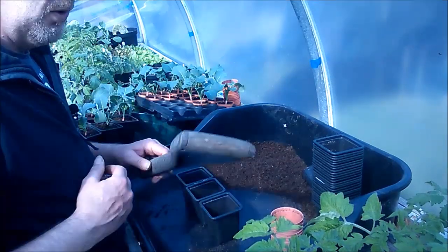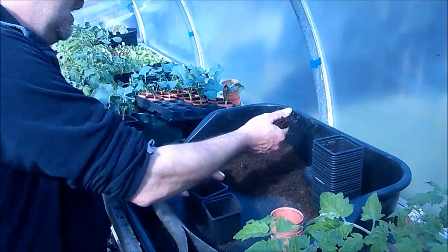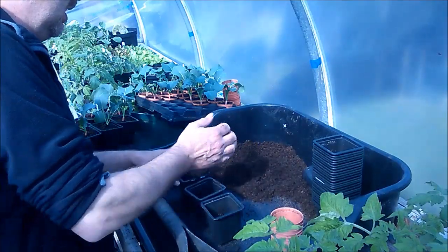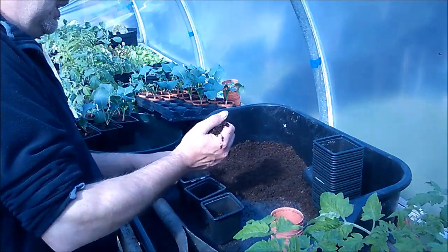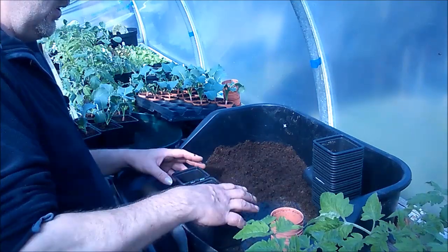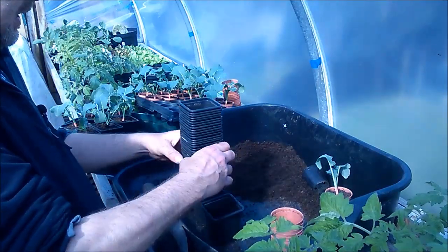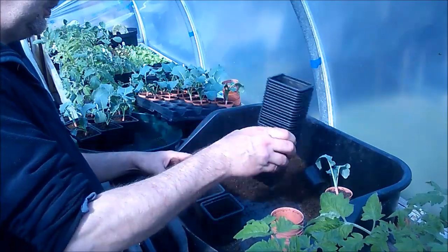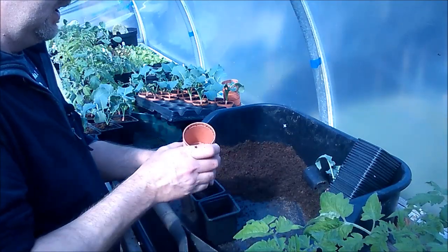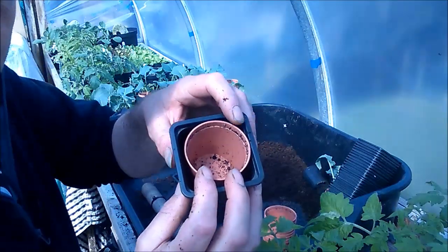So I've got my little spade handle dibber here. I'm just going to put a bit of compost in. It's just multi-purpose compost with a bit of sand mixed in. Filling these till they're about a third full. Then I get my other stack of pots and just tramp it down. Instead of trying to fill compost around the pot, because there's not much room to get the compost down,